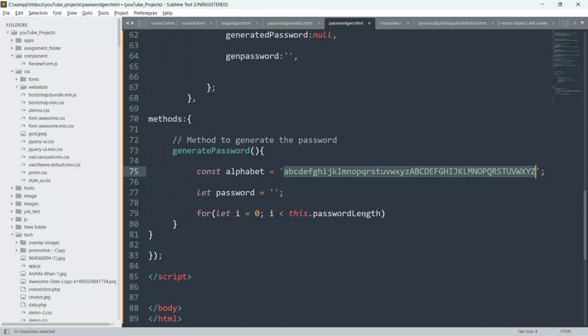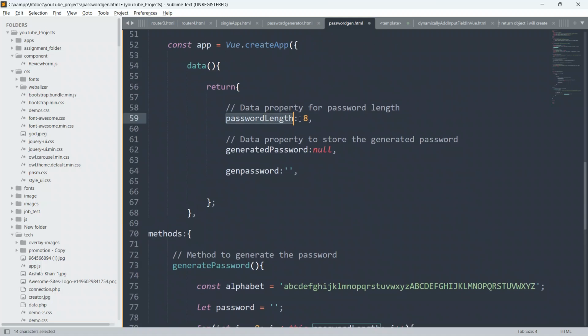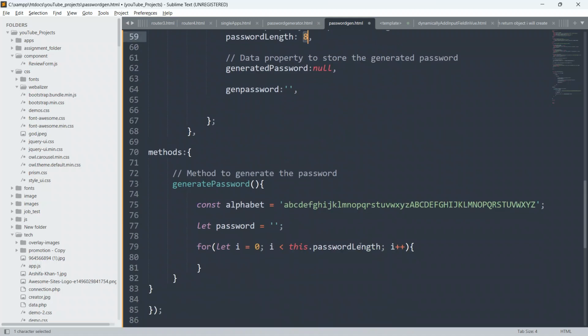So now just give here semicolon, and I will say i plus plus, just increase the loop by 1. Okay, I'll say here let i equal to 0, and i is less than this dot password length. So by default the length is 8, so this loop will run 8 times.